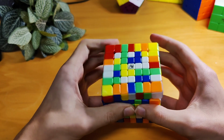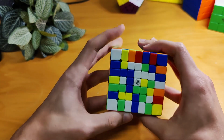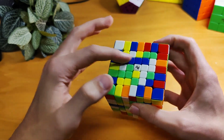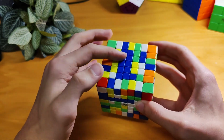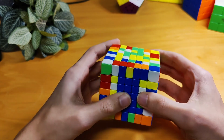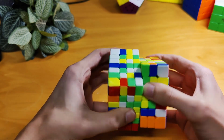So I'll just bring this out of the way, pair this one together with this bar, and as you can see, we have this point, which if we pull that up and put it down, we can do this. And it's nice to get rid of the ones that are already on like the blue side. So we can do something like this and like that. And as you can see, I saw these paired, so I can connect that one, and then we can connect